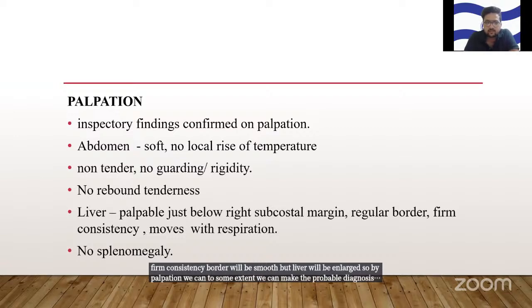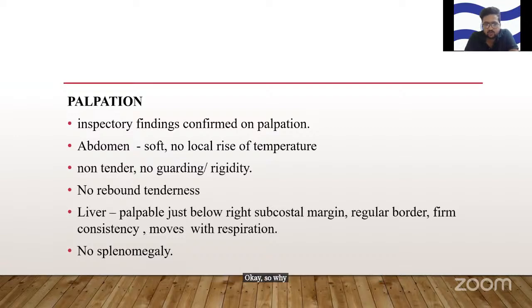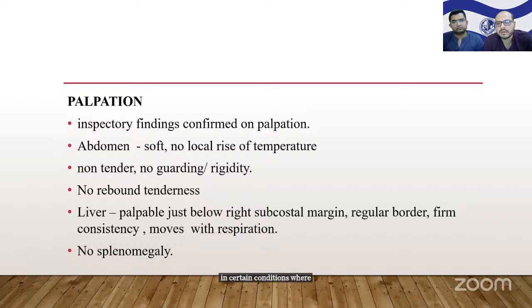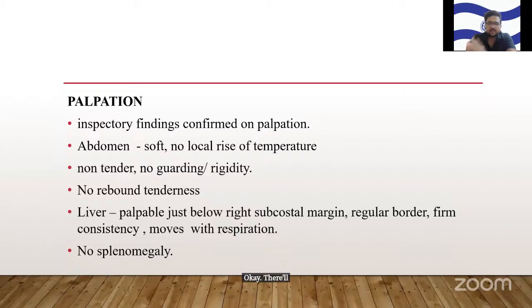Yes, sir. Okay. So why do you want to look for spleen? Is there any relation between spleen and liver? In certain conditions there can be hepatosplenomegaly coexisting. Suppose in case of excess hemolysis, the spleen will be enlarged, so hypersplenism and splenomegaly will also be present. There will be breakdown again. It can cause jaundice in turn, right? Okay, good. Next slide.